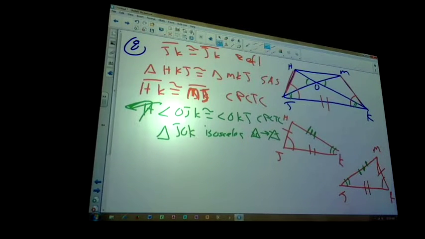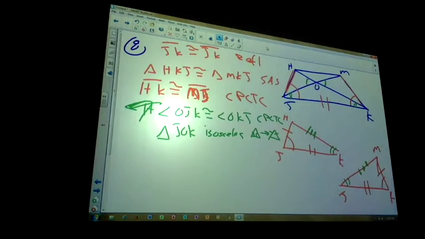Instead of doing OJK and OKJ, since we already know that HK equals MJ, could you have said OK equals OJ? Say that one more time. Instead of doing step 4, could you have said OK is equal to OJ, to do the segments instead of the angles? That's where I was thinking for a little bit. I don't think I could state that right away. I think we could have gotten there, but